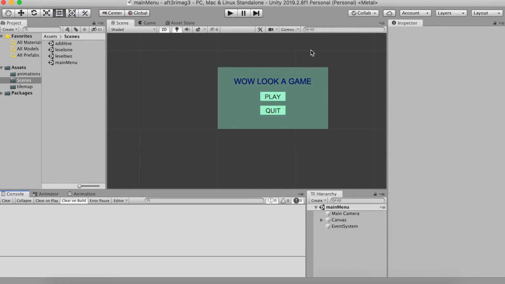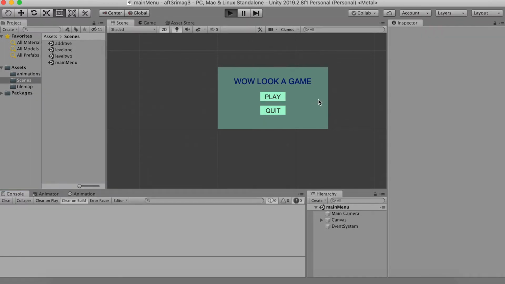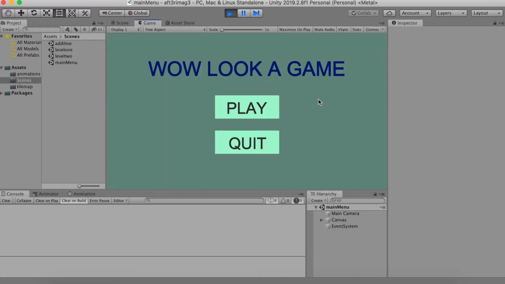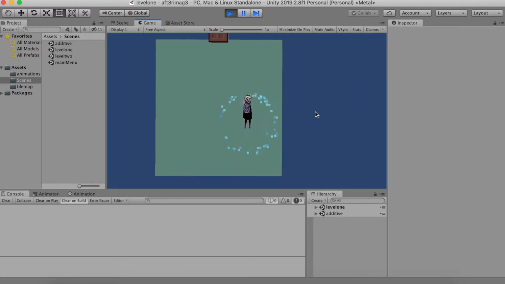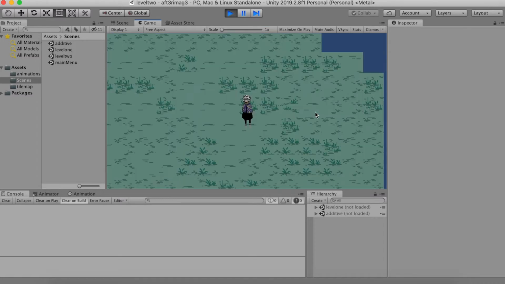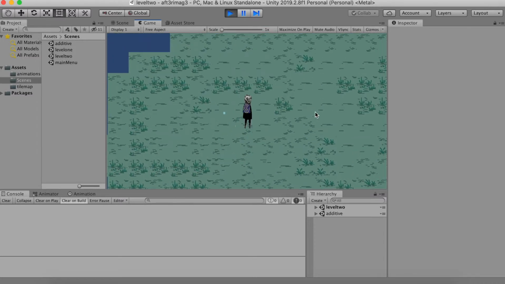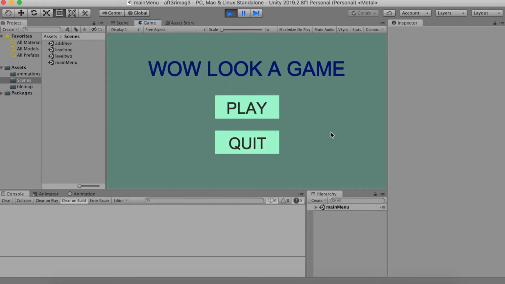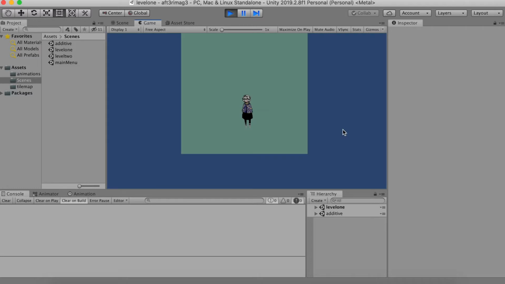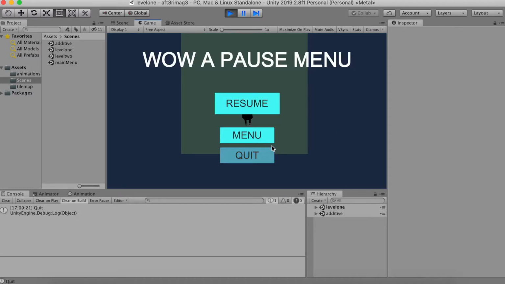Menus and scenes. Okay. Basically, we have a main menu now. There's two buttons. Here's a room. Here's leaving the room. This is loading a new scene, and also we have a pause menu now. Wow, look at it, pause menu. You can also return to the main menu through the pause menu. It's an infinite loop. Anyways,